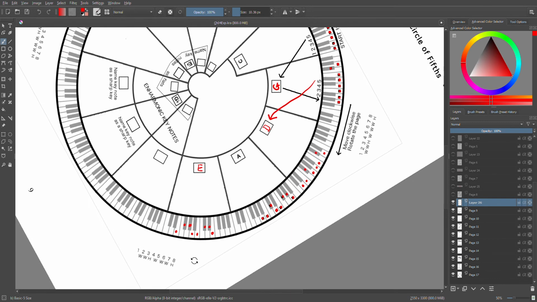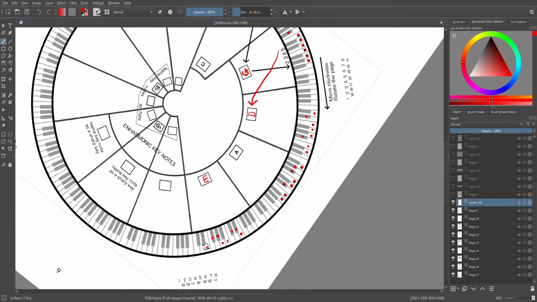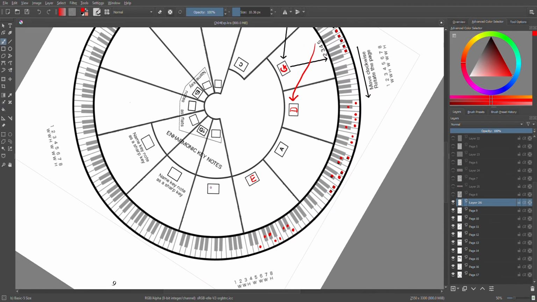Okay, let's figure out the 5th scale degree. 1, 2, 3, 4, 5. That is on B. Okay, I'm going to start on B now. Here's a B. Whole, whole, half, whole, whole, whole,